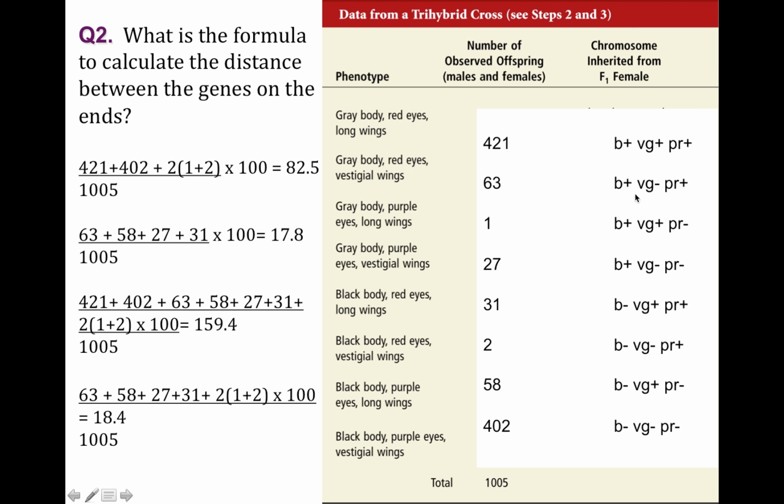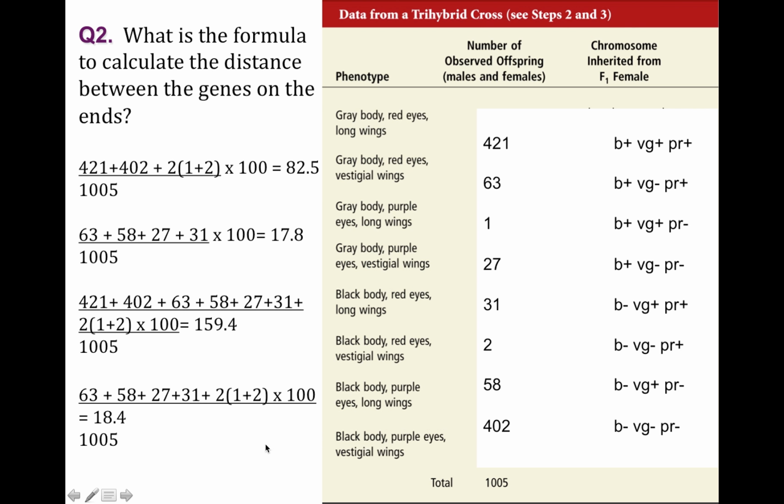And that's what we see in this combination. Okay, we have plus here and minus here. This one does not look like it's a recombinant between these two because they both have wild type allele, but we're going to come back to that. Here we have another wild type allele and another recessive allele. Here we have the reciprocal, recessive allele and a wild type allele. And again, we'll come back to this, and another recessive and a wild type. So we're going to add up 63 plus 27 plus 31 plus 58, and then divide by the total number